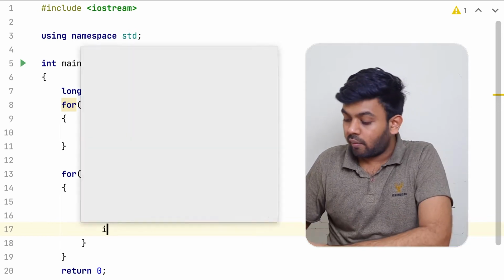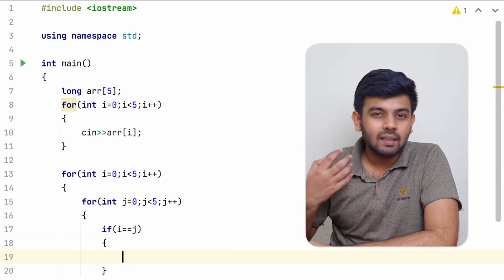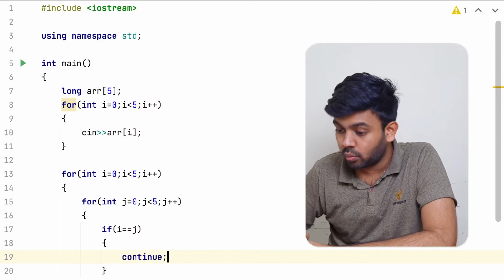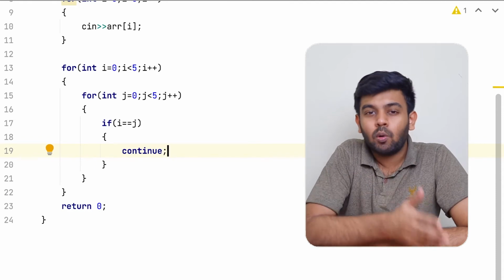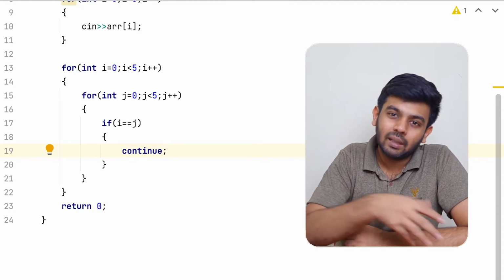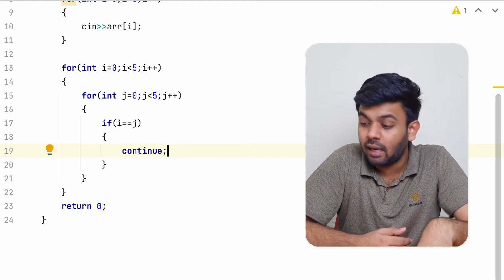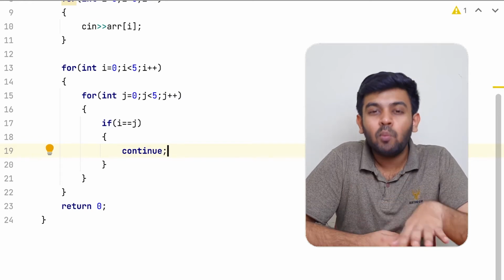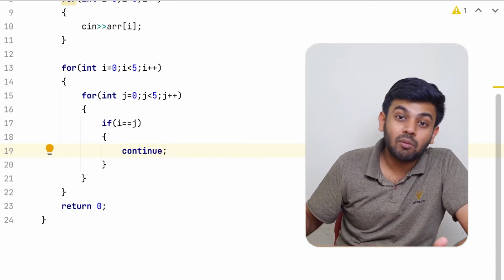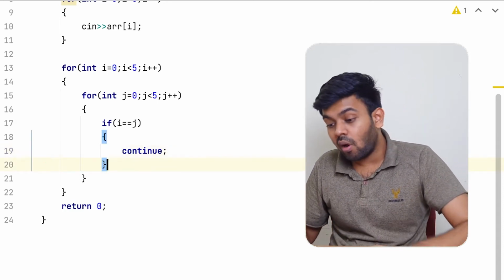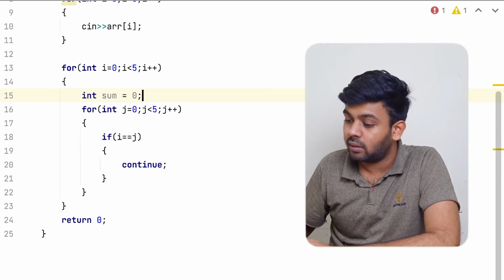For that I'm just going to check a condition. If i equals j, you are just going to continue. What it means is the i loop is going to be used to skip an element in the array. Since we have 5 elements and we are going to skip one element for every sum that we calculate, we are using a loop for it. The i loop is just to keep track of the element that we are going to skip. So if i equals j, we'll just skip it. If not, we'll add it to the sum, and the sum I'm just going to initialize here as 0.